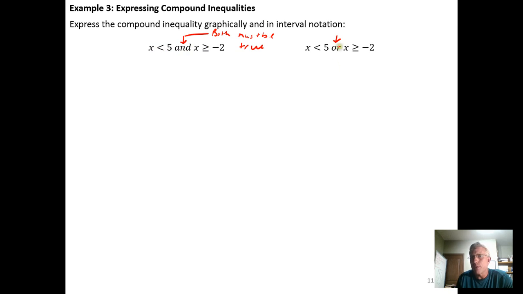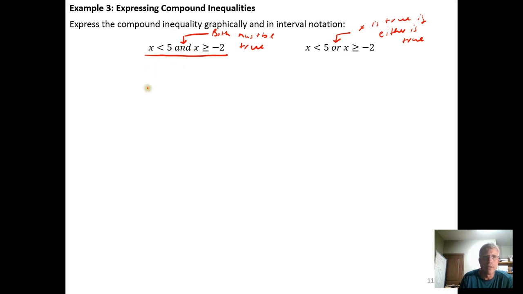When we combine with the word or, we're saying x is true if either statement is true. So this is a much more flexible statement when we use or. If this is true or this is true, then x is true, whereas this is saying both things must be simultaneously true. And one of the hallmarks of an and statement is that we can typically write them as a